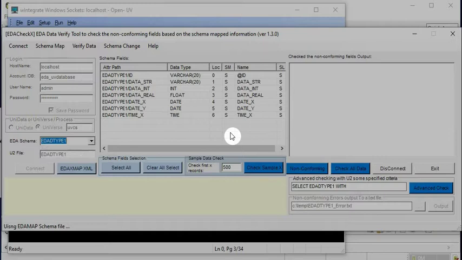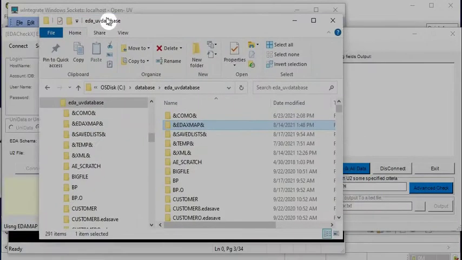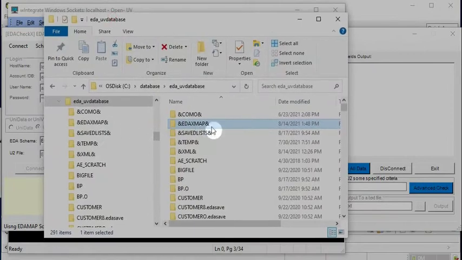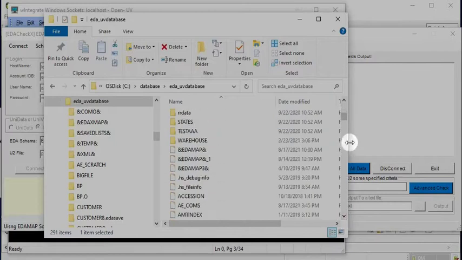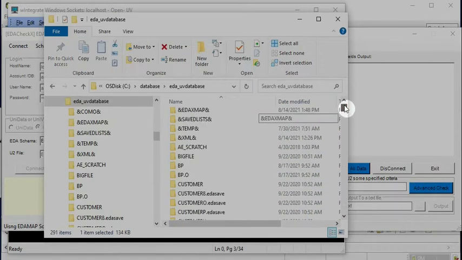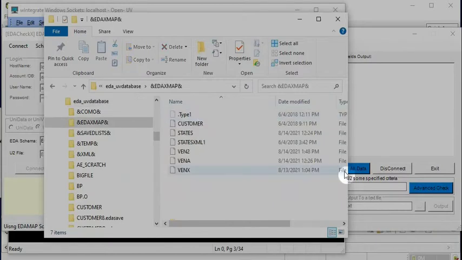For this, on EDA we support two different formats, XML and also EDA map files. So on the server side, they have two different data sets. One is called EDA on UniVerse, where you will see all the schema information stored in the &EDA.MAP& file. And if you use the other way, called XML, you will see